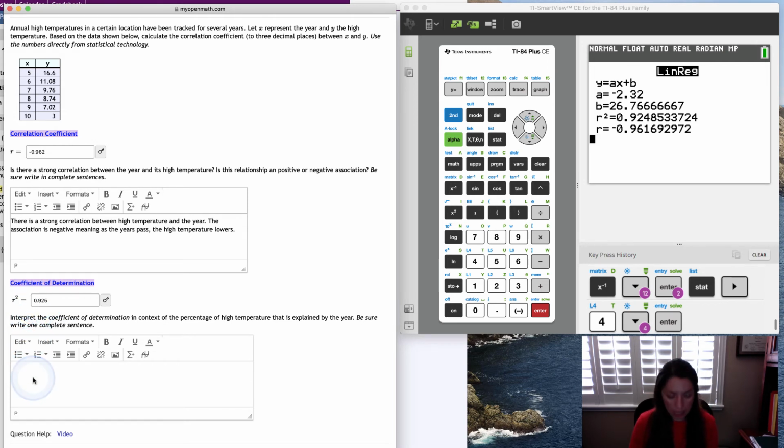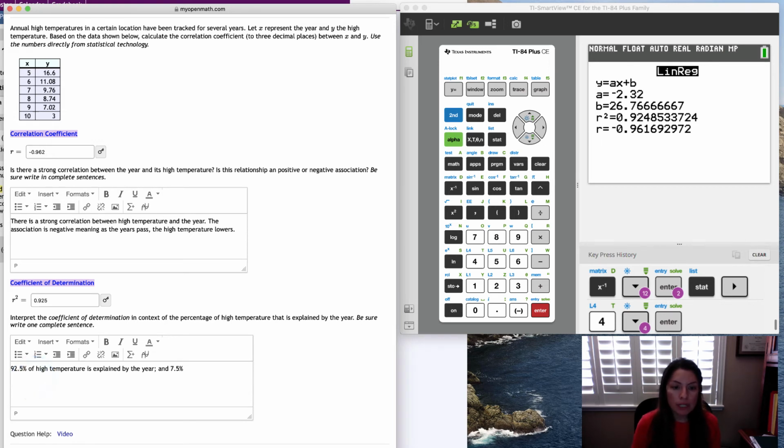So we would say that 92.5% of the high temperature is explained by the year. And whatever's left over from the 100%, in this case 7.5%,